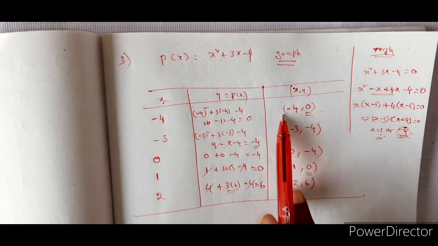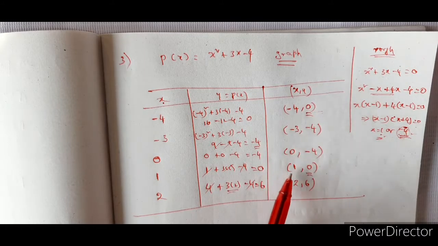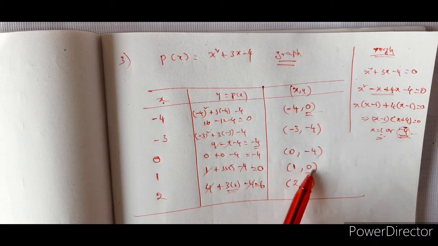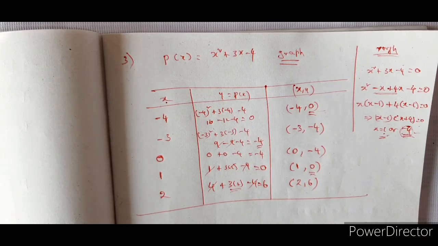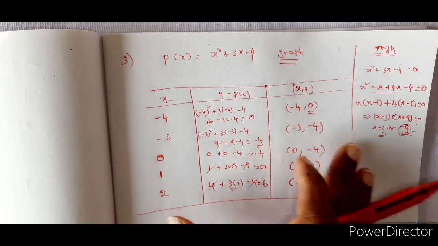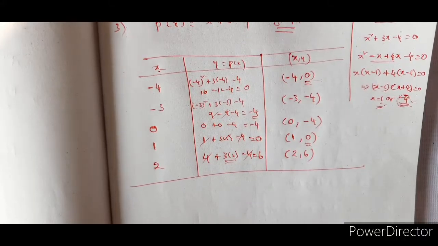That means at -4 on x-axis you should get y is equal to 0, at 1 on x-axis you should get y is equal to 0. This gives you a complete clear picture and you will not be wasting even a minute of time here in confusing the things. Okay, clear? So all the problems, whenever it is a graph related problem, please follow the same method, whether the examiner asks you for finding zeros from graph or not, but you mention them. Okay, so now let us see the rough graph plotting.